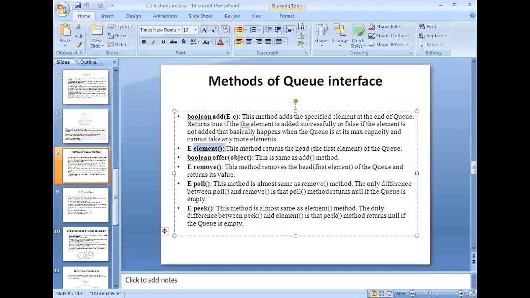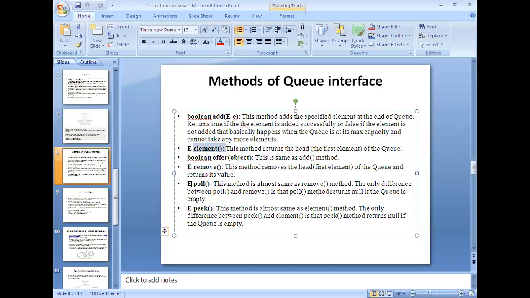Next, poll. This method is almost the same as the remove method. The only difference is that the poll method returns null if the queue is empty.